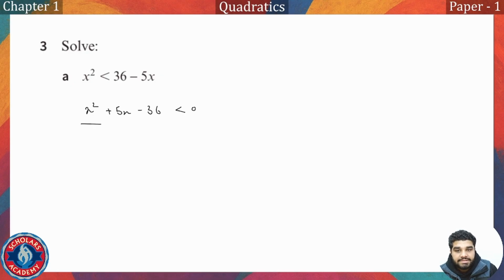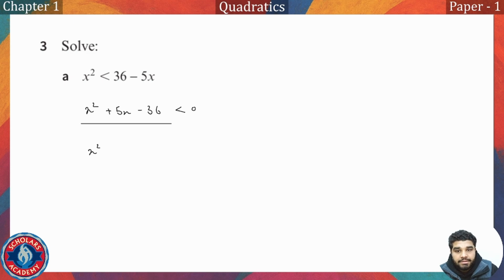Now we'll find zeros of this quadratic equation. We'll find the intervals in the real line, and then we'll find that particular interval in which this quadratic equation has value less than 0. So zeros for this quadratic equation are, so now